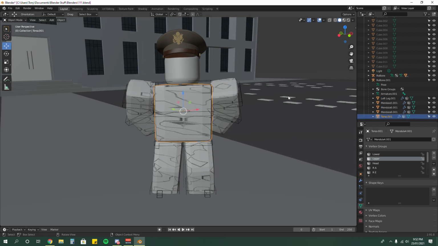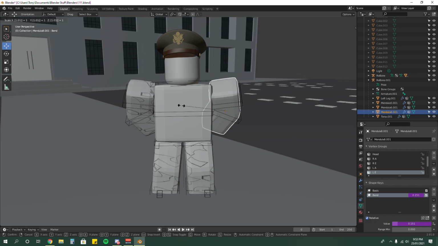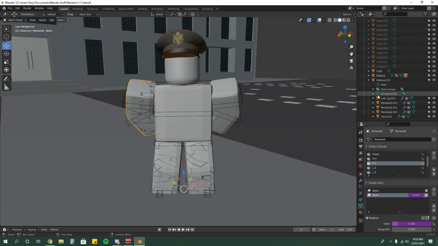So if we press S 1.01 like that, and select another one, S 1.01. Make sure your mouse is in this scene. If your mouse is in this scene, then it's going to work, because if not, and you press S, it's not going to work. So press S 1.01. Sometimes you select from the row bone. You don't want to make that mistake. You want to make sure these are selected, not the row bone itself.